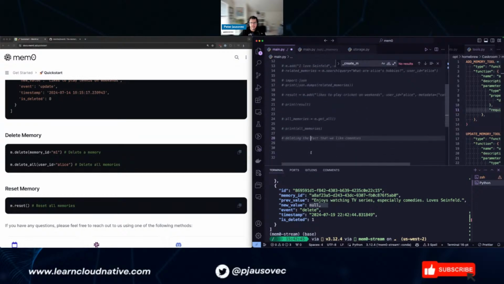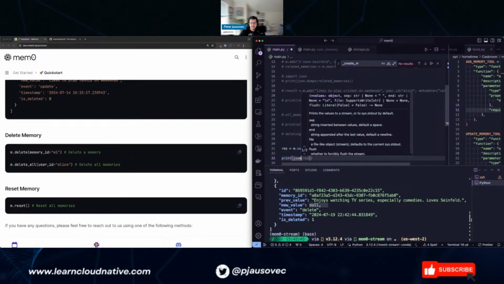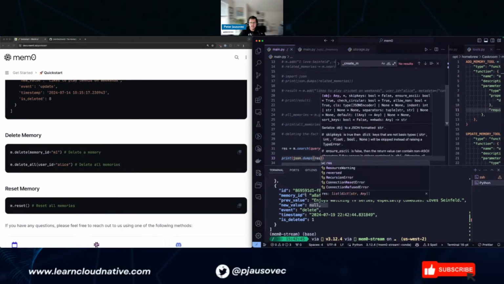It was memory.search. What are Alice's hobbies? Right? And then let's print the result, print JSON dumps result. Let's do that.